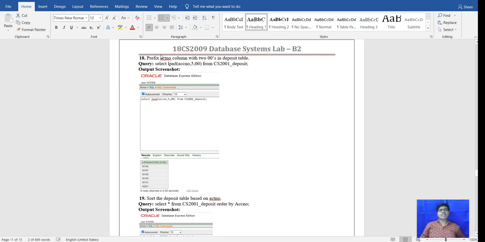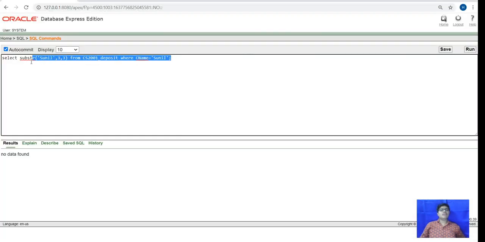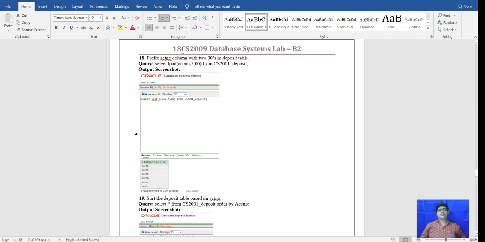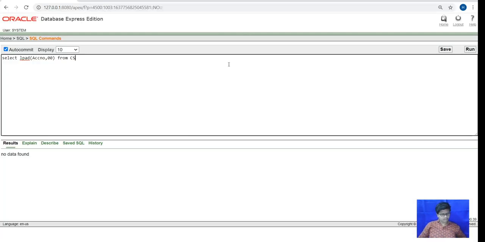Next, the 18th question is, prefix the account number column with twos in deposit. For this we use left padding on account from the deposit table.